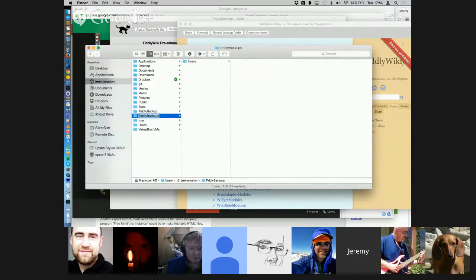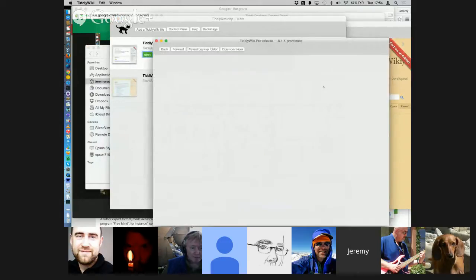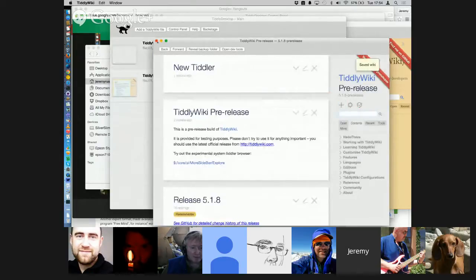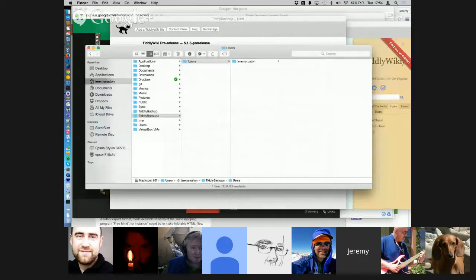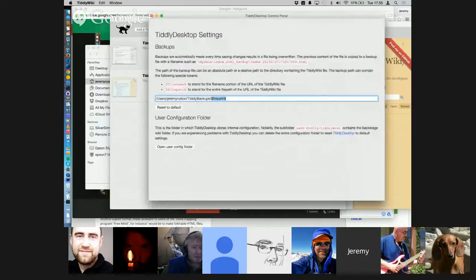backups in one place. So if I modify this file as well, adding a new tiddler, and now if you look at the backups, you'll see that now there's a backup entry for index.html as well as for dev/index.html. The alternative is that one can set the backup path to be just file name and backup, and so